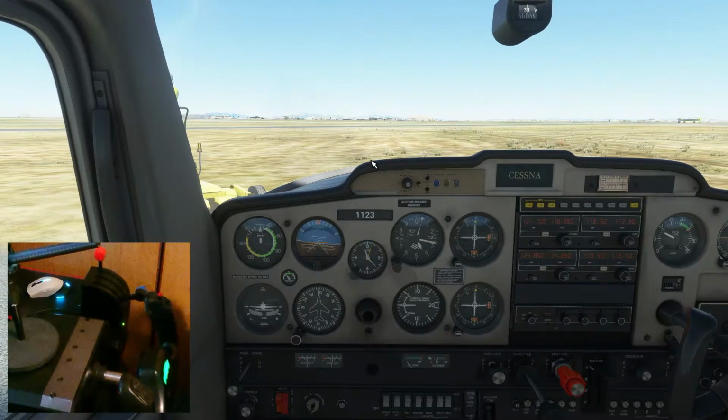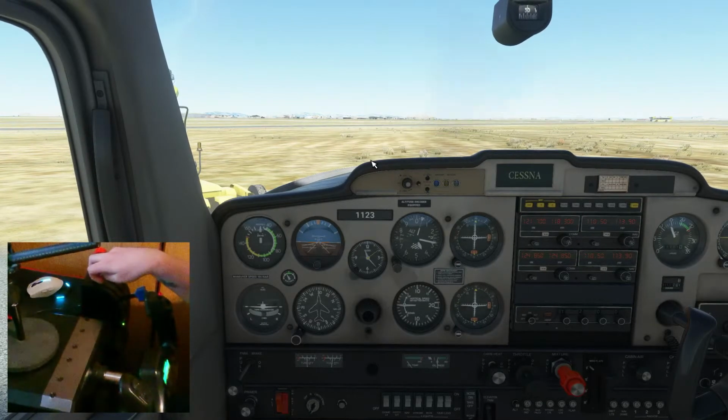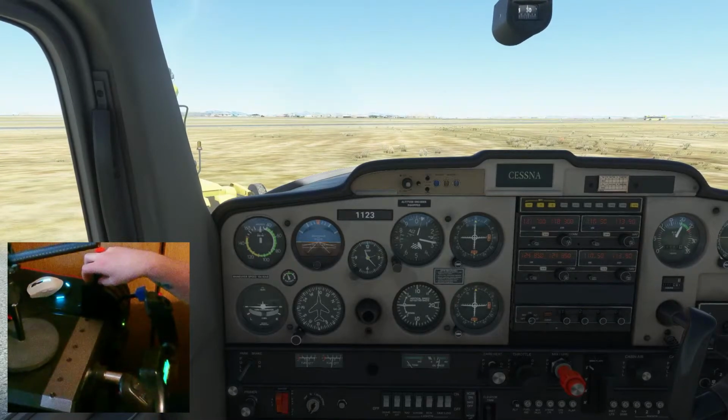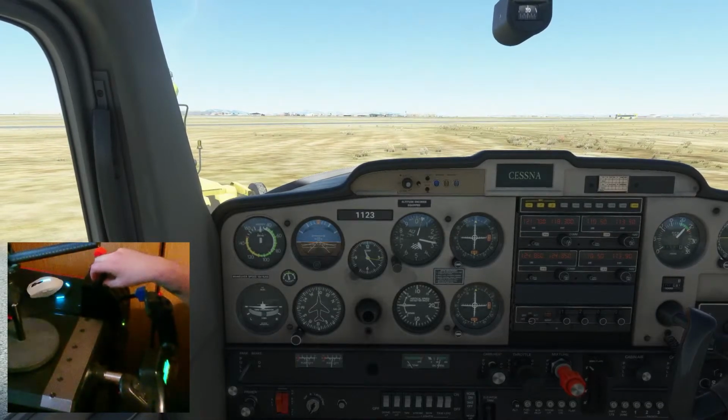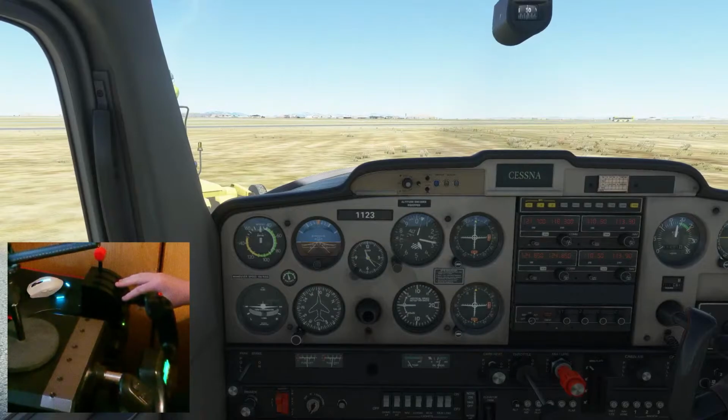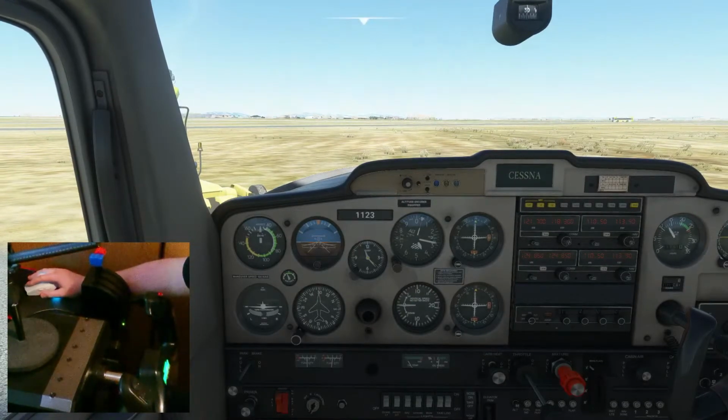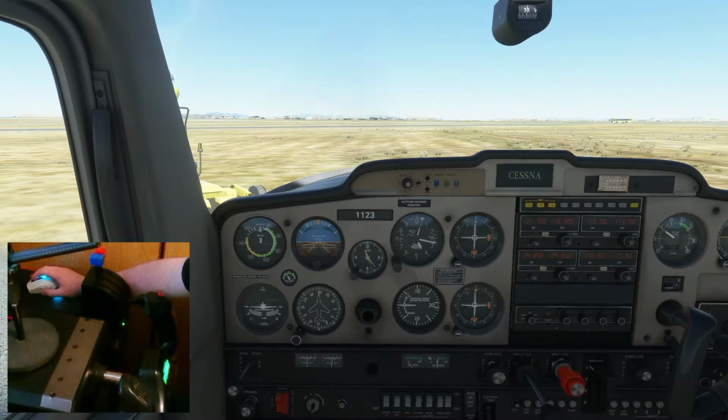Okay, so I've just tuned to ground so that I don't have to listen to that over and over again. Okay, so let's go ahead and request clearance to remain in pattern. We're going to come back. We're going to do a touch and go, and then we'll fly off. And yeah, so this would be